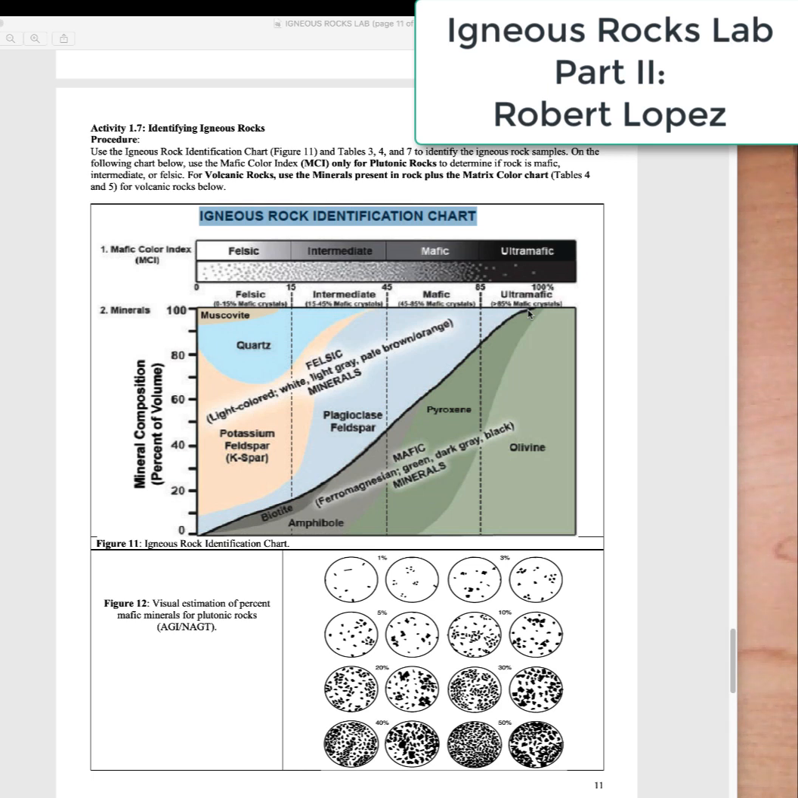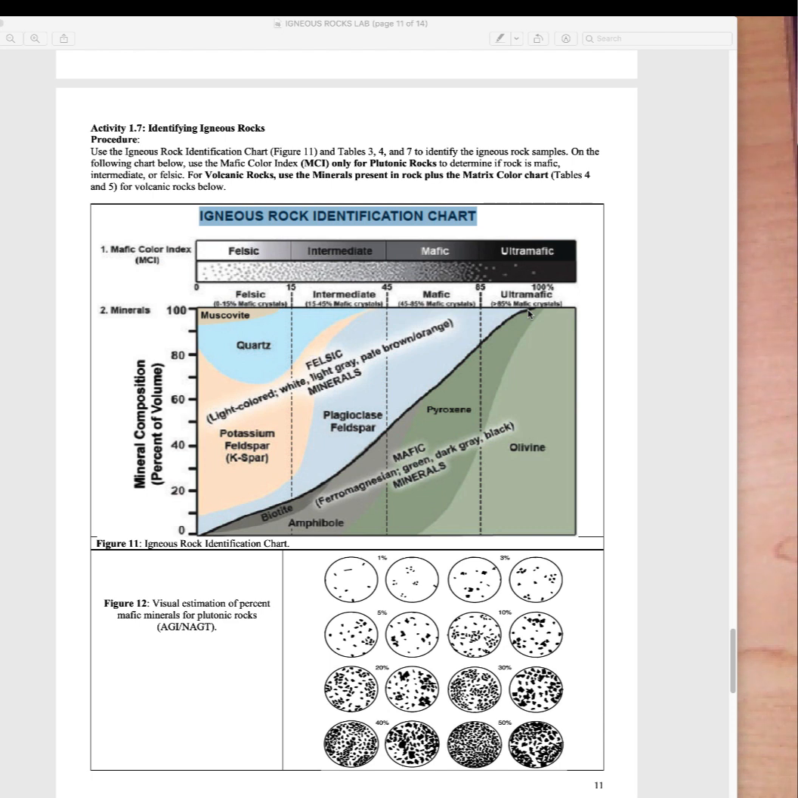Welcome back to Physical Geology, and now I'm going to do Activity 1.7 on igneous rocks. This will be the identification of the rock samples, and again we want to use Figure 11 here, the identification table. We want to use this visual estimator. I recommend you cut this out and use it on the plutonic rocks that I'll show you